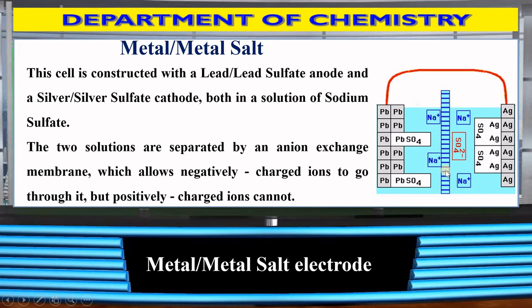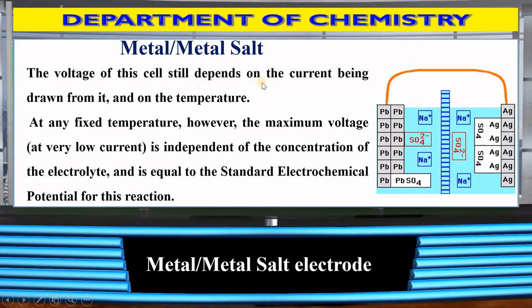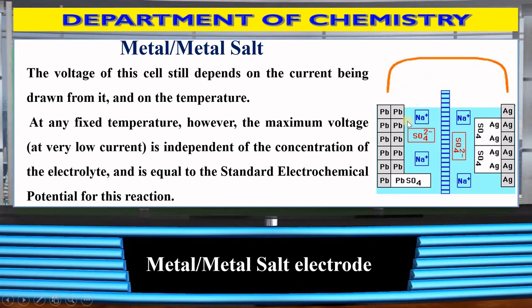Okay, this is the membrane of anion exchange, meaning that from that membrane only anions can be exchanged. And the voltage of this cell still depends on the current being drawn from it and on the temperature. Cell voltage always depends on the number of electrons transferred from this cell as well as the temperature